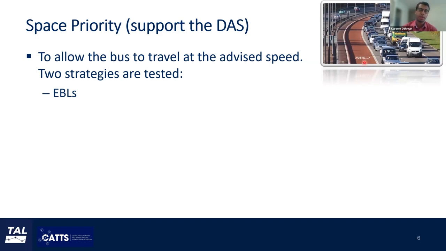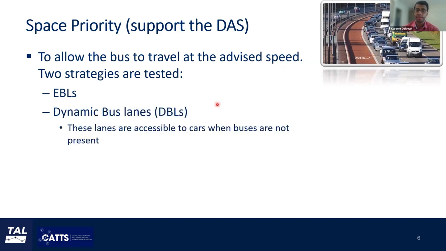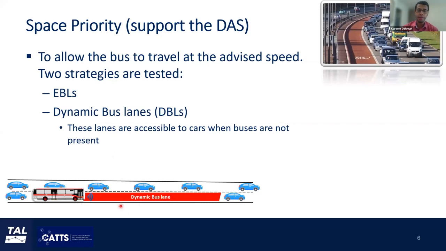But you might end up in a situation where the bus lane is totally empty and you have a highly congested network. The second one is dynamic bus lanes, which are lanes that are accessible to cars when transit is not present. Just to make it clearer, we have our dynamic bus lanes here. Dynamic bus lanes give priority to transit for a specific distance ahead of the bus, and the general traffic is allowed to use the bus lane ahead of this clear distance and behind the bus. So you give priority to transit, and at the same time, you allow the general traffic to utilize the entire capacity of the lane.